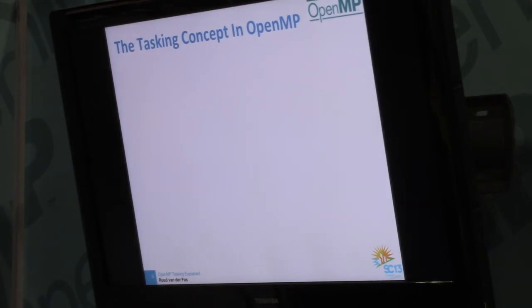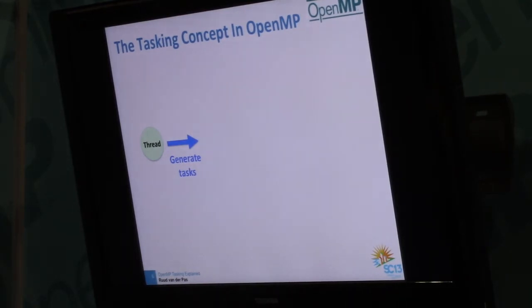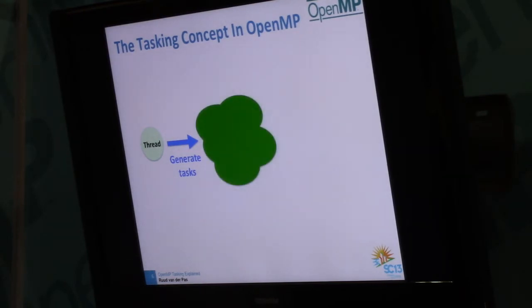So what's the basic idea? The basic idea is that you have one thread, and that thread is going to generate tasks. Actually, the concept is more general than this, but this is the most common use. So you have one thread, it generates tasks, and those tasks are added to some queue.